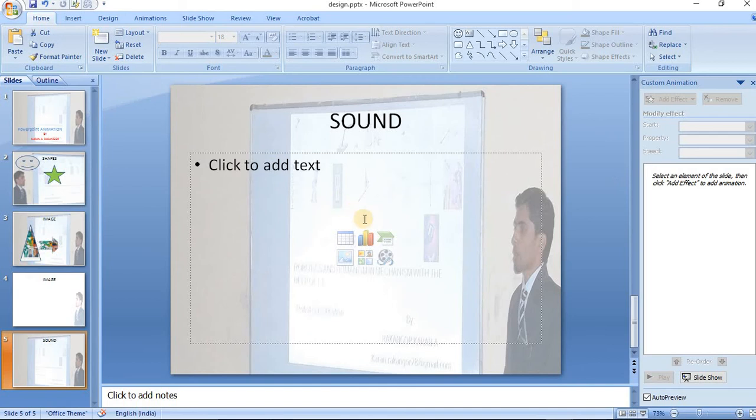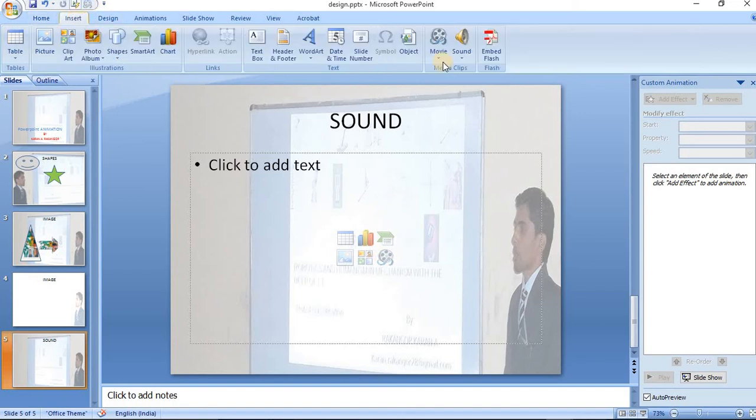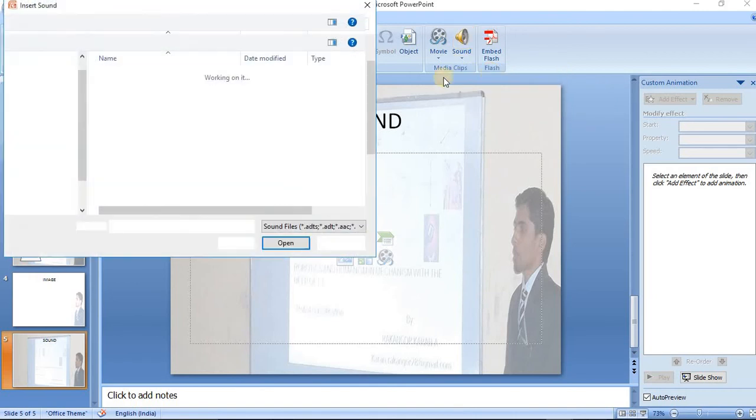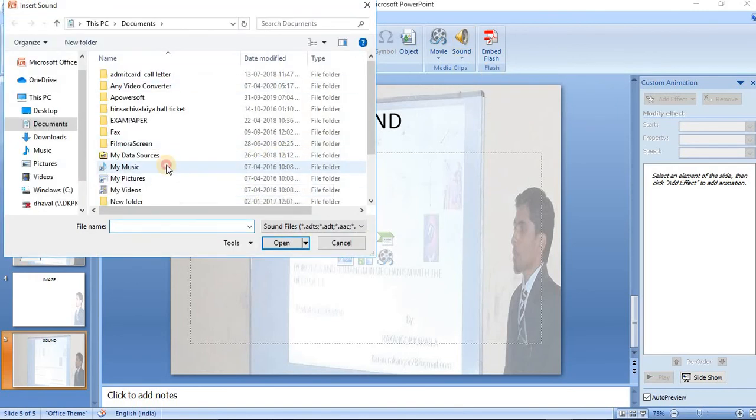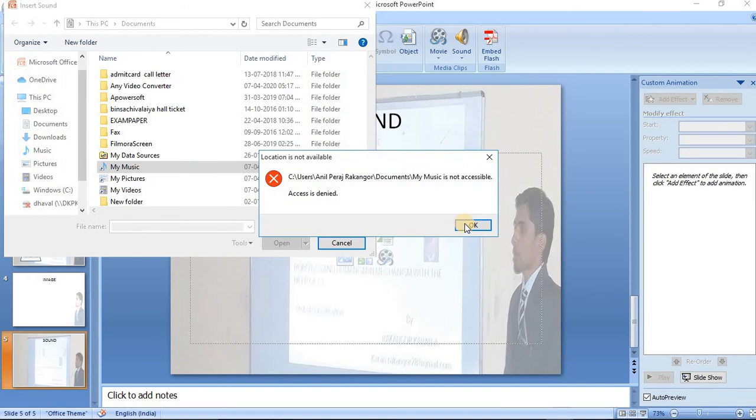If you want to add sound, video, you can add sound, video into your slides. Even if you have recorded anything, your voice, you can add recorded sound from your file. If you have any song, you can play it while adding the music.